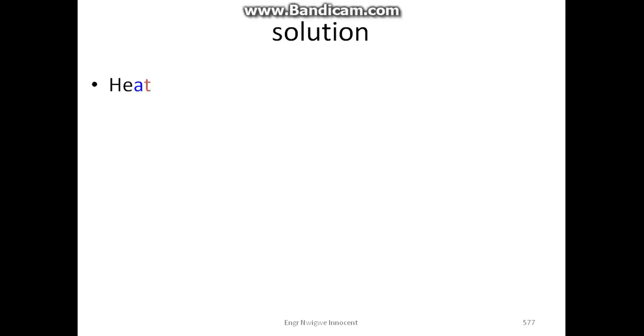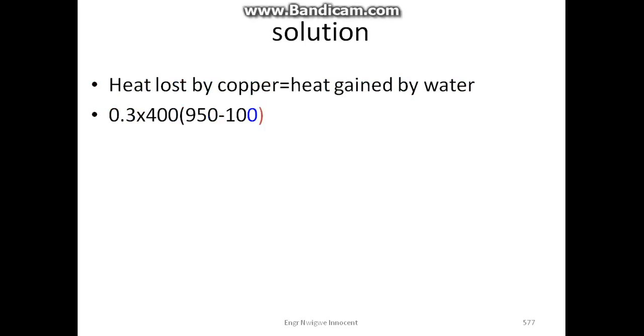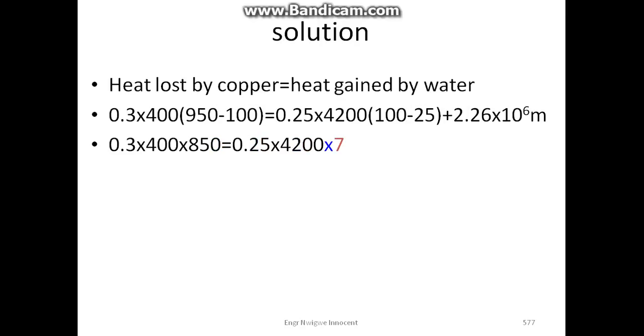Solution. Heat lost by copper is equal to heat gained by water. 0.3 times 400 in bracket 950 minus 100 is equal to 0.25 times 4200 in bracket 100 minus 25 plus 2.26 times 10 raised to power 6 times mass. 0.3 times 400 times 850 is equal to 0.25 times 4200 times 75 plus 2.26 times 10 raised to power 6 m. Making m the subject of the formula, we have